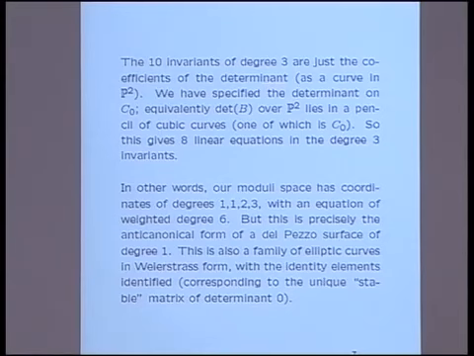So in particular, these 10 invariants, well, we're only allowed this two-dimensional space worth of cubic polynomials, so we're putting 8 linear constraints on these 10 cubic invariants. So what are we left with? Well, dividing our degrees by 3, we have 2 coordinates of degree 1, 1 coordinate of degree 2, 1 coordinate of degree 3, and they satisfy an equation of weighted degree 6. Well, it turns out that modulo some hideously singular exceptions, any variety of that form is a Del Pezzo surface.